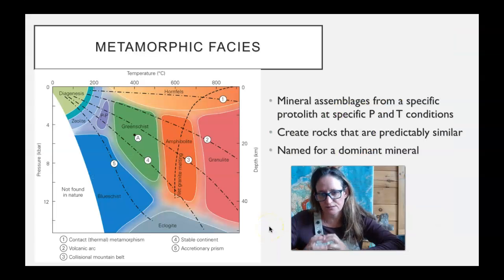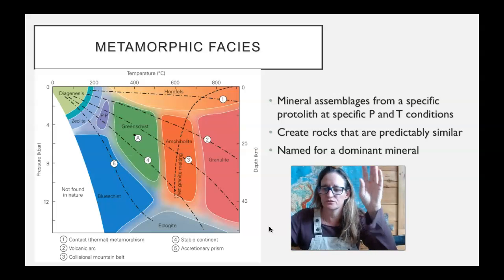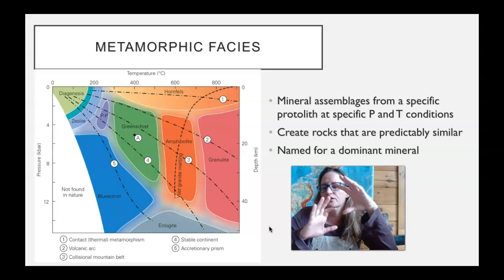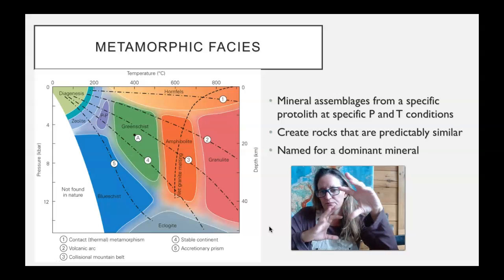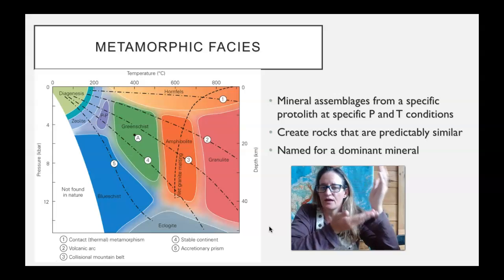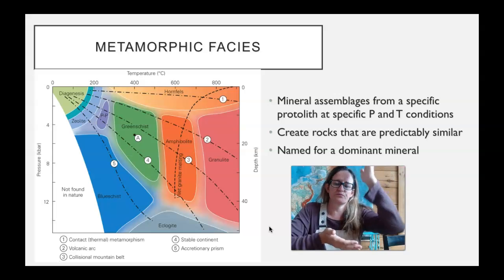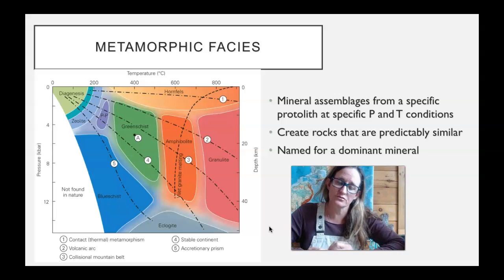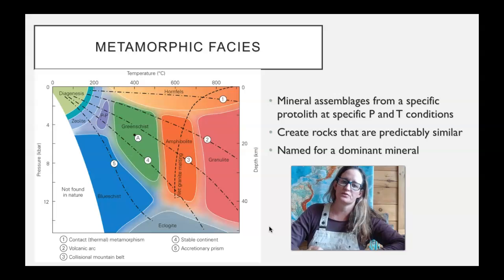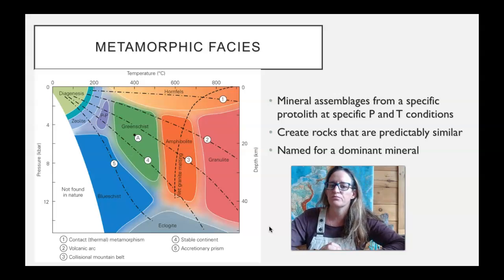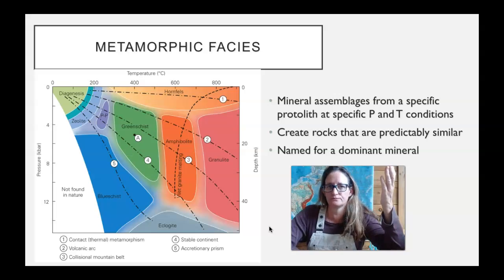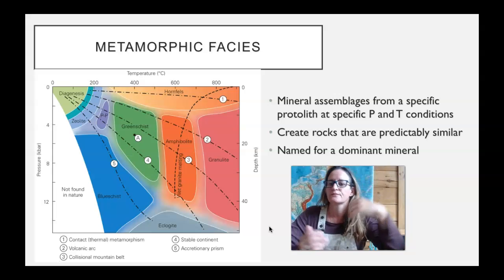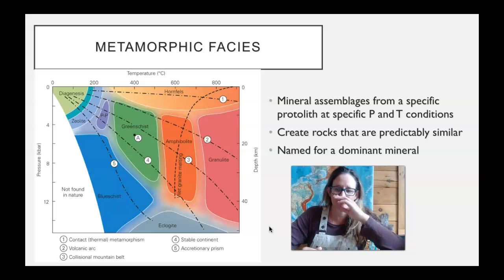Another way to look at intensity is the facies. The facies are these temperature and pressure zones on the graph where certain mineral assemblages form. You know the protolith, and that protolith has a certain chemistry to it, and when it metamorphoses at different pressures and temperatures, different minerals are going to grow and be stable at those pressures and temperatures. So we're able to plot and say a certain rock is greenschist facies, amphibolite facies, granulite facies, and